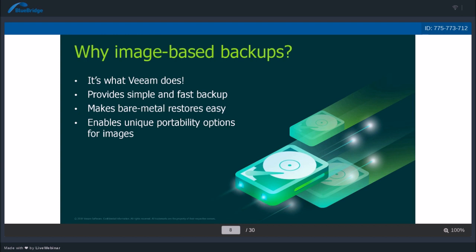Why? Because if you're creating an image-based backup, you can actually extract absolutely anything from such a backup, right? If you have an image of an entire system, you can do bare metal recovery of everything. You can still dig inside the backup file and recover individual files. You can dig inside the application and recover individual application items if you want to do so. Aside from that, because this is a format which is completely known to Veeam, so basically it's the same VBK, VIB files, and so on,